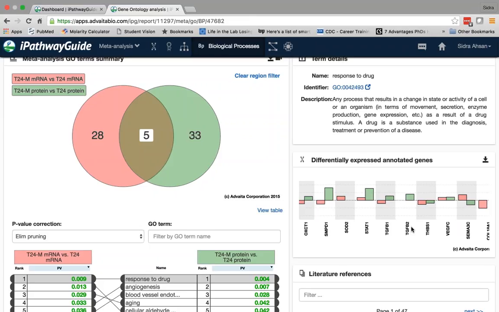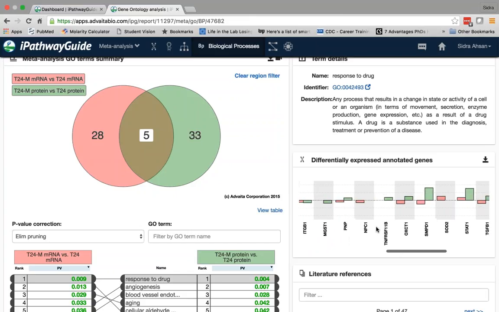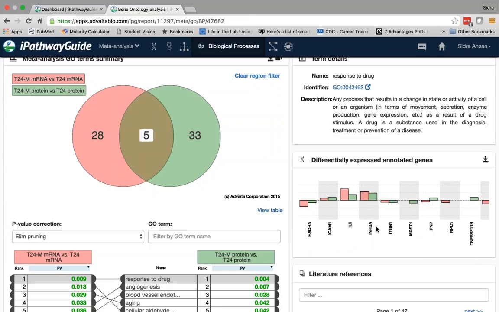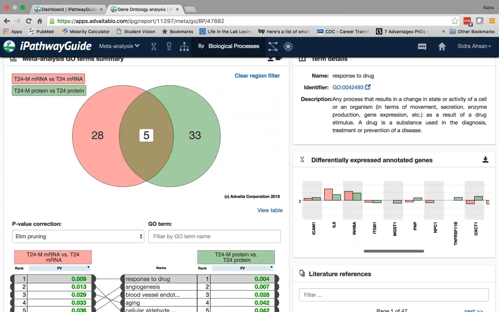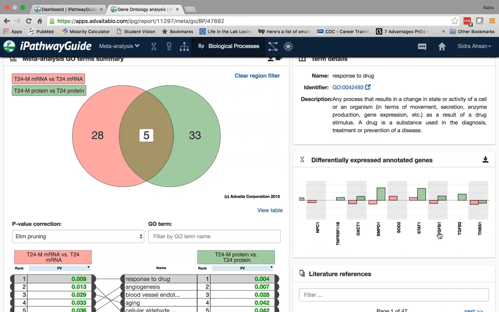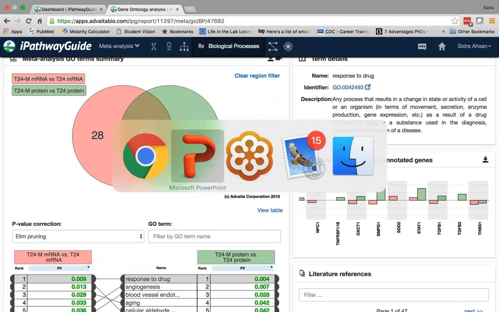So I have an idea of some of the biomarkers that I could possibly follow for this metastatic bladder cancer, because I have STAT1 here, and there is IL-6 here, in which both the mRNA and protein levels are up. And if I wanted to do a mechanistic study, I could look at this TGF-beta1. Before I proceed to the next thing, I want to just review what I have gone over.